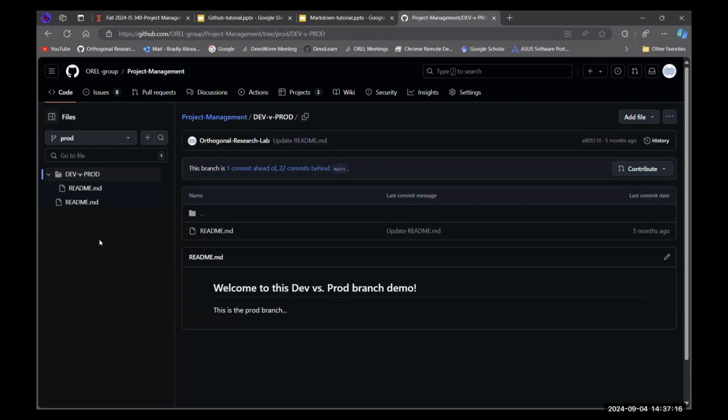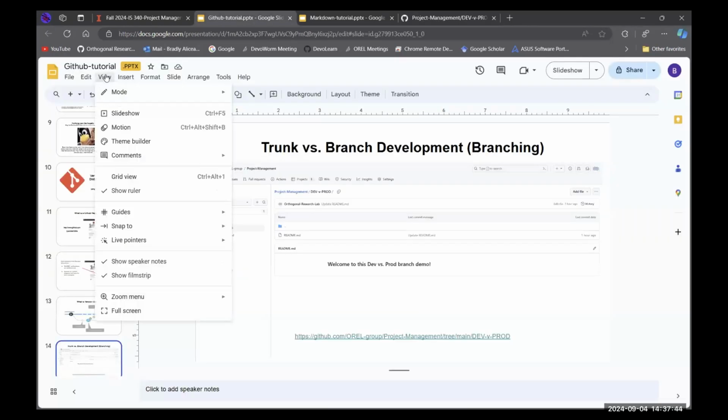And what I showed in the diagram for pull requests is called a trunk development strategy, and what I'm showing you now is this branch strategy. They both basically work the same. It's just that there's a little bit of a technical difference. And people have philosophies on trunk versus branch development, which we won't get into right now. But this is just an example of how you can use GitHub to manage this sort of version control.